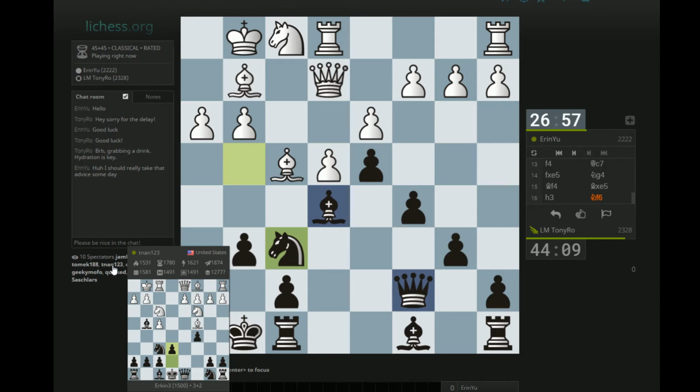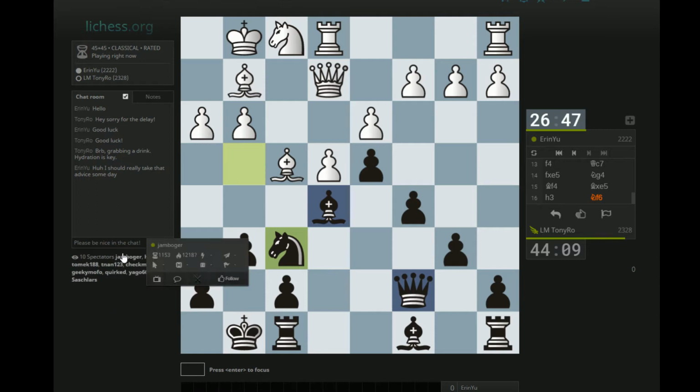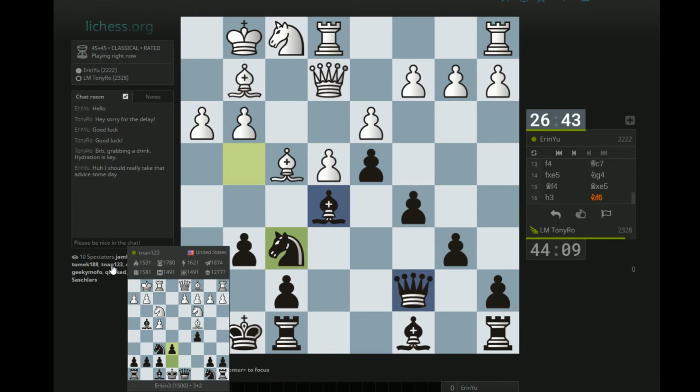Simultaneously observing my game and playing another game like a boss. Looks like a Grand Prix attack. Wow, I didn't even think about this idea, but how sweet would it be to, while I'm playing this game, just offer commentary on other games? Pretty sweet, actually. Knight c6. Do it. Knight c6 to d4 actually looks really uncomfortable. One of the problems with playing the Grand Prix attack where you play like e takes d5, or maybe...